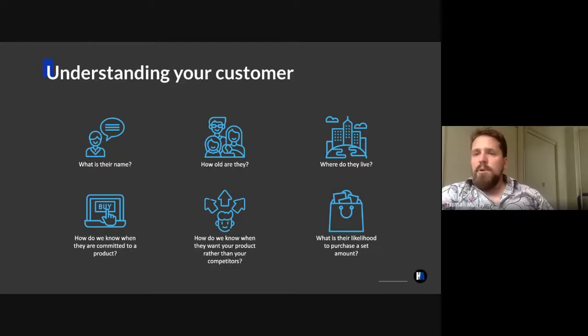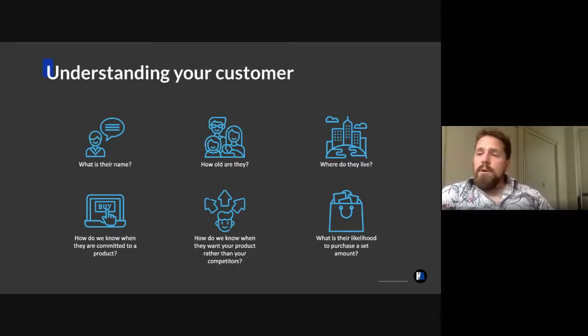Where do they live has been perfect for out of home, great for contextual messaging through digital as well. What's their name? The dream of media for a long time has been one-to-one personalization. So if you know a person's name, obviously you can make it feel a bit more personalized, or as generally happens, just creepy as hell. When somebody messages you, has your name and your details, and you've got no idea who they are.